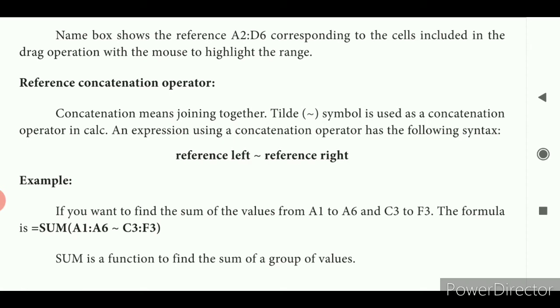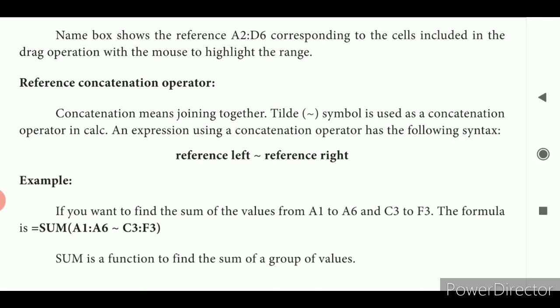If you want to find the sum of values A1 to A6 and C3 to F3, the cell addresses are not continuous, that's why we use the reference concatenation operator. Here and there we take the data: A1 to A6, then C3 to F3, so that data alone can be taken and added.